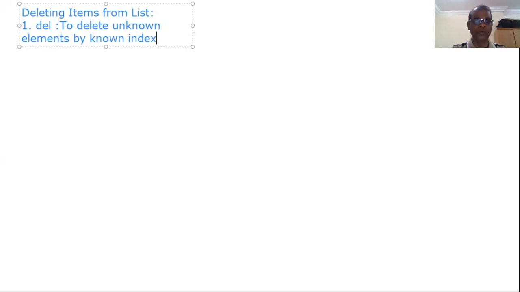That means we should know the index of the item, that means where it is available in the list, but we don't know the exact element.